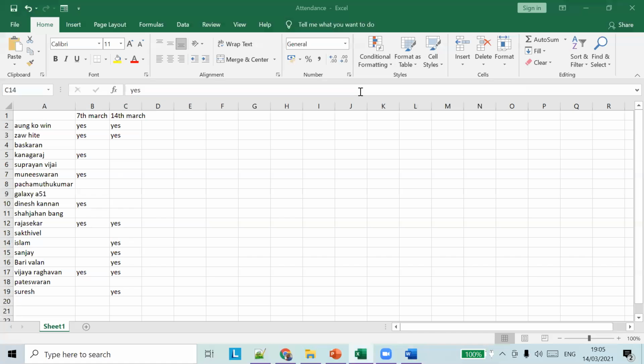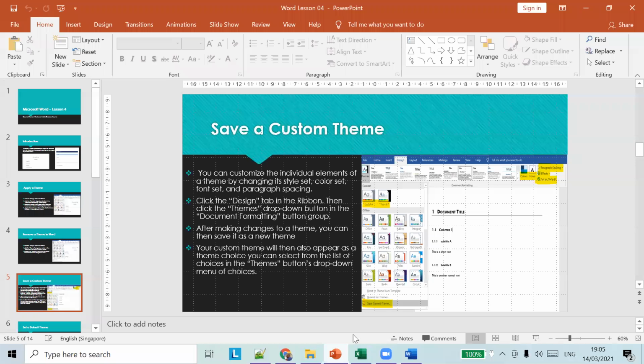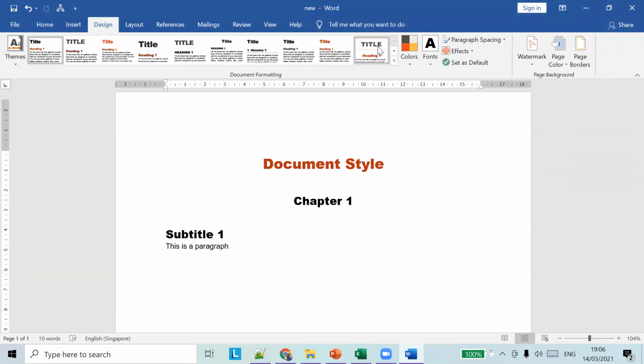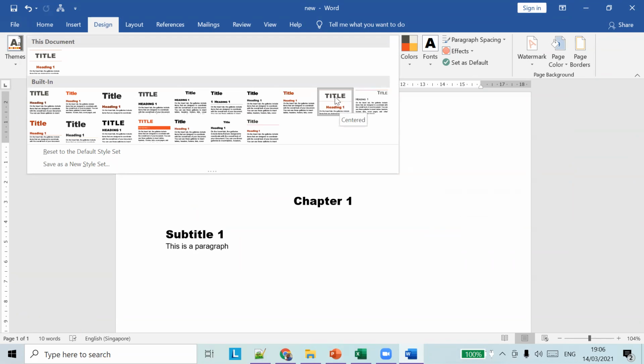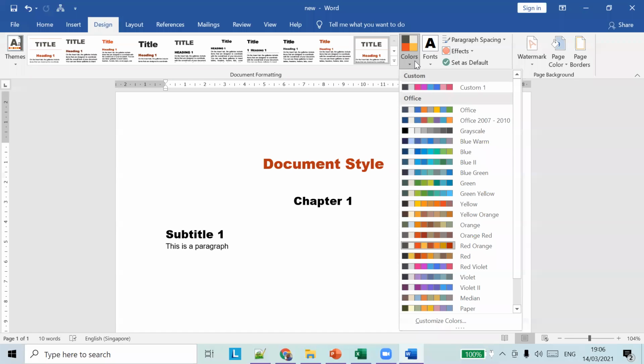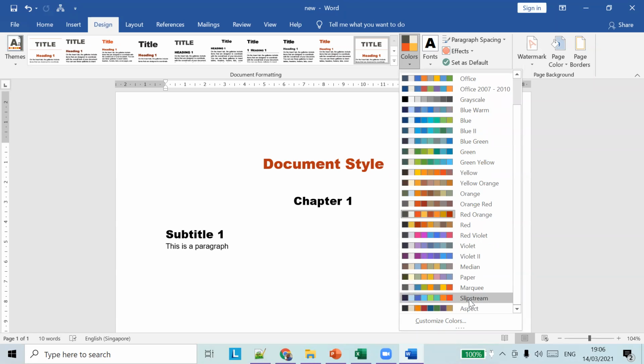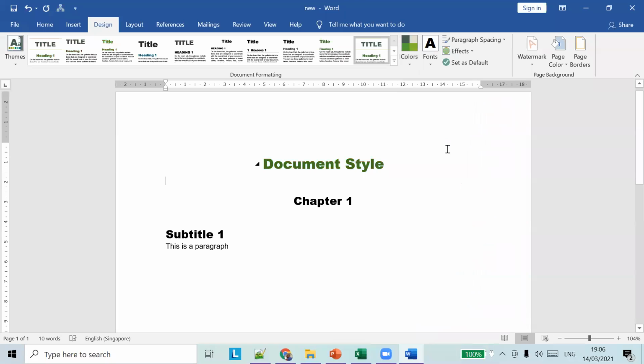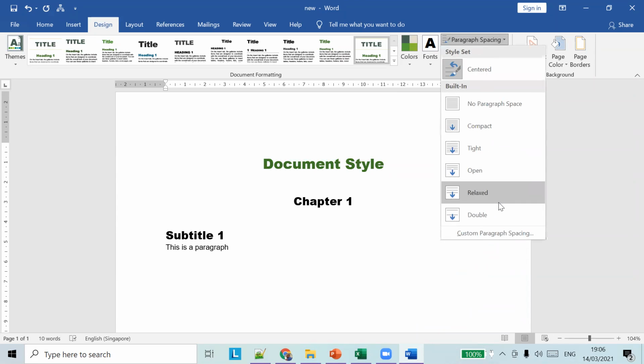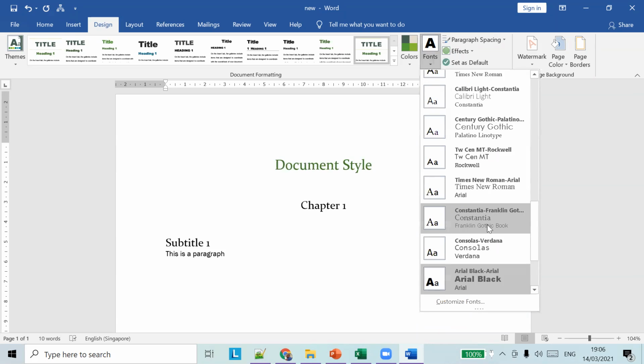So we saw how to save a custom theme, to create our own theme. Custom is nothing but how we create our own theme. Maybe let's see another example of how to create a theme. Let's see this theme. In this theme, you can see the template, the title is centered, and a lot of other things are present. Similarly, we can change the color for the theme also. Let's say green, and we'll say double spacing for the paragraphs. Change the font to